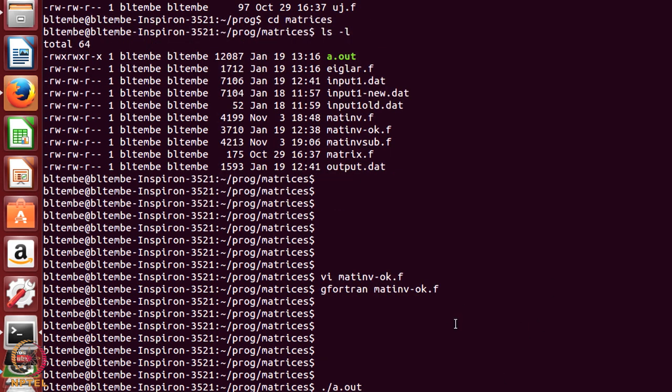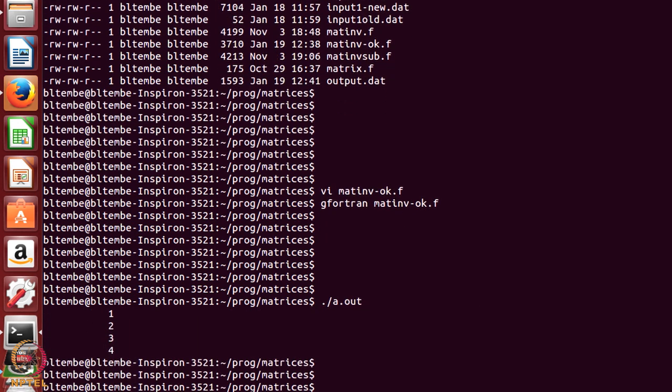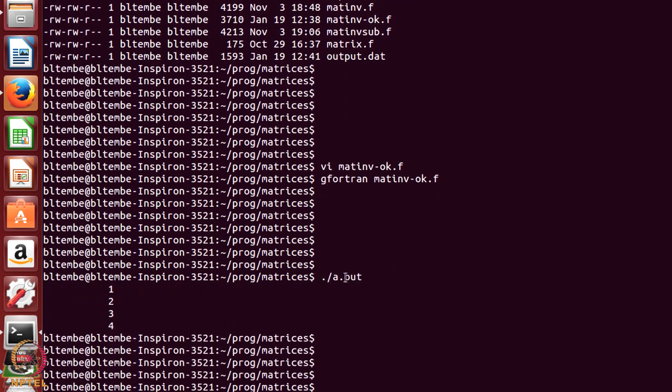When I typed a.out, it gave this 1, 2, 3, 4. This output is just to indicate that I did my first column, second column, third column and fourth column. So my results are now in output.dat. You see this line, output.dat. It has created a new output.dat. How do I know that it is a new output.dat? This output.dat was created at